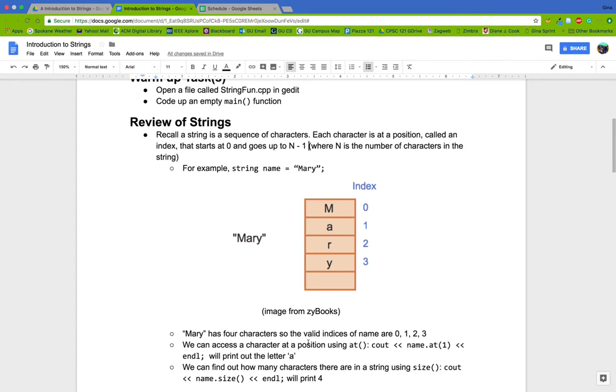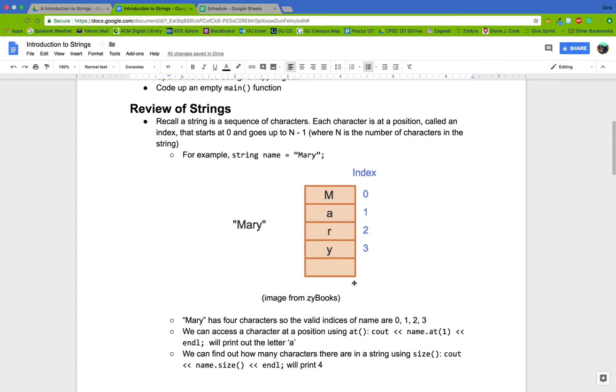First off, we know that a string is a sequence of characters. For example, suppose we have a string called name that stores the string Mary. We know that each one of these characters is at an index position such that the indices are zero-based. For example, the M is at index 0, and the A is at index 1. We can index into a string to get a single character using the at string member function. For example, if we want to print out the letter A, which is at index 1, we could use this